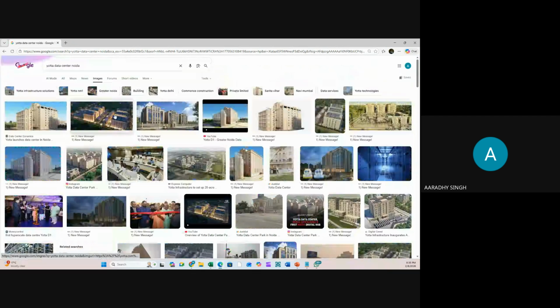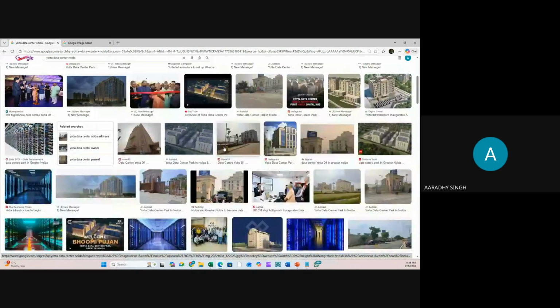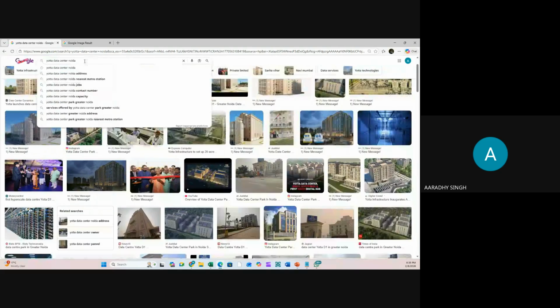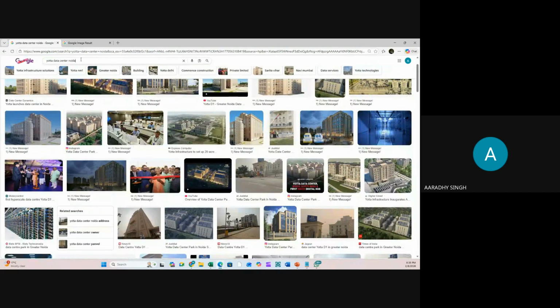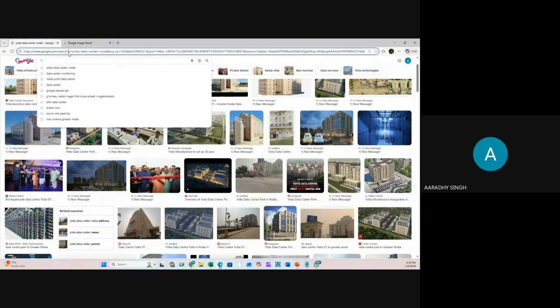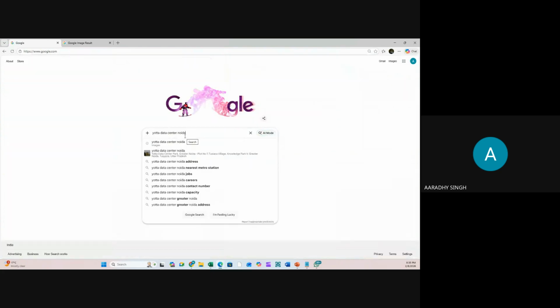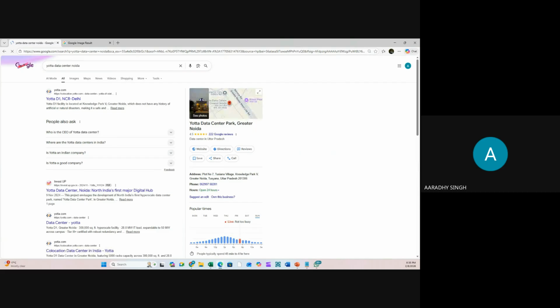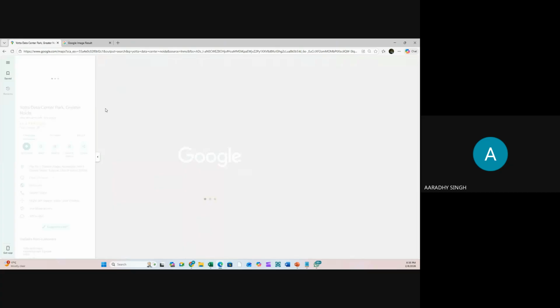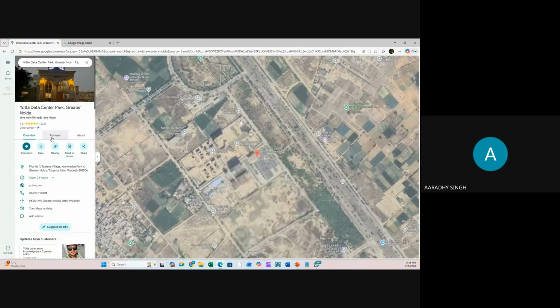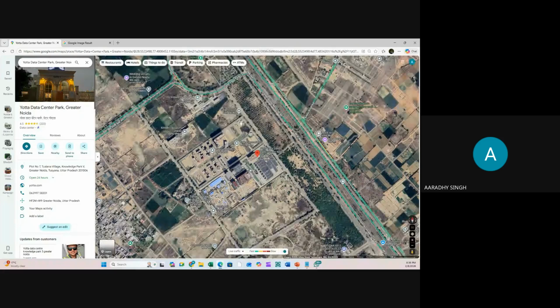So this is one zone, and very near to this, the other zone is in progress.